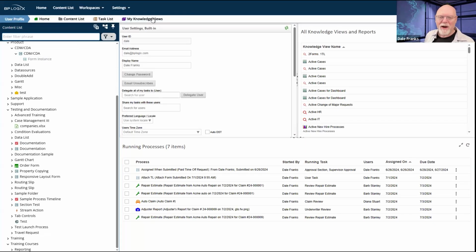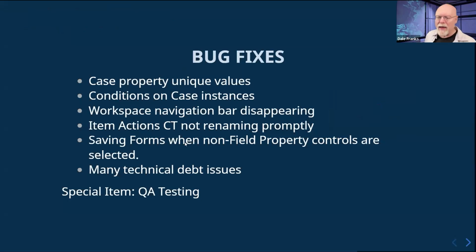There's more stuff there. So I have all of these navigation buttons and they're great in this particular workspace, but there was a CSS display issue where you'd actually see the user profile, or in this case, what would be the user profile workspace, but what you wouldn't see are any navigation buttons. They wouldn't be displayed. So that was a minor CSS display issue that we managed to fix. And another one was with item action CT. This has to do with how we were working with caching in the system and caching values and using cached values.